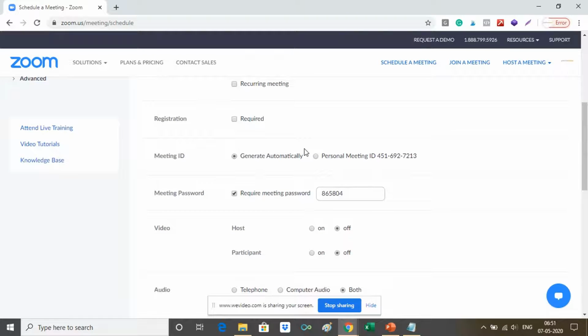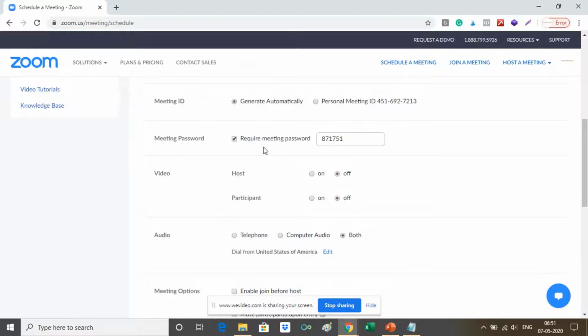Meeting ID. As I told you in the first session, let Zoom come up with the meeting ID. In case you want to use your personal ID, you can simply click here and then set up a password. I'll keep it as generate automatically. Now this is going to be the meeting password.